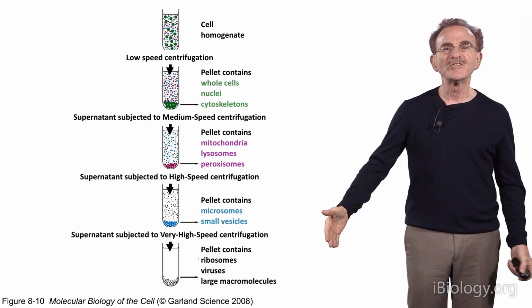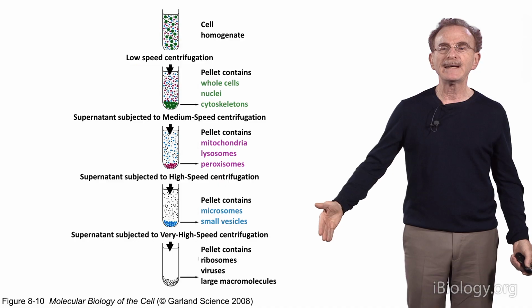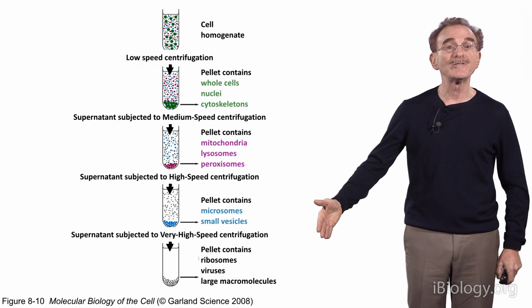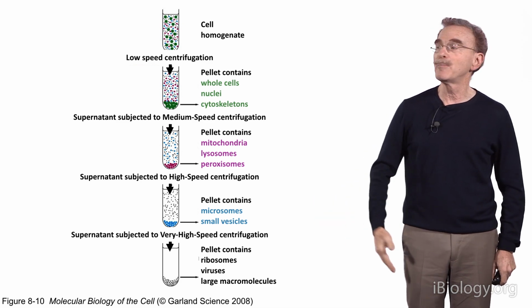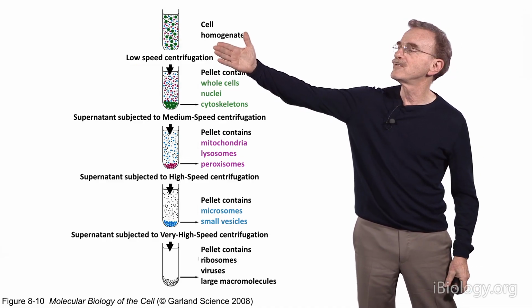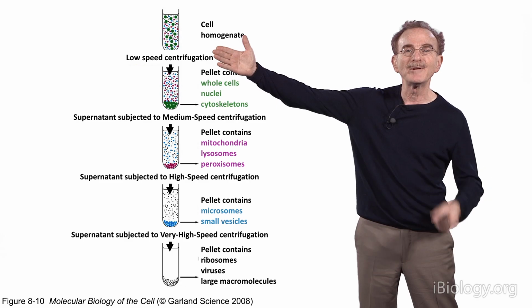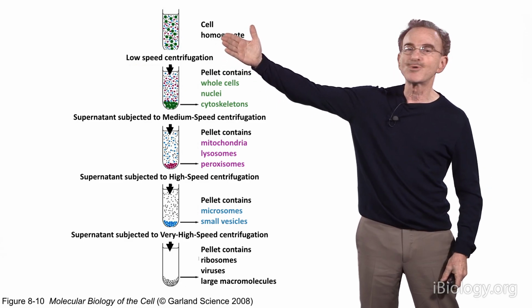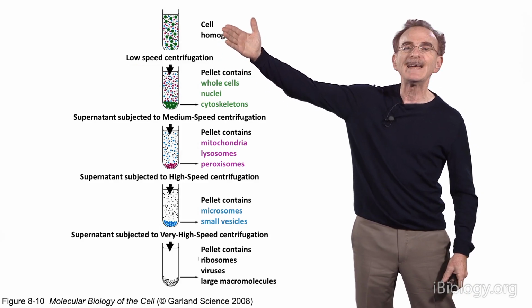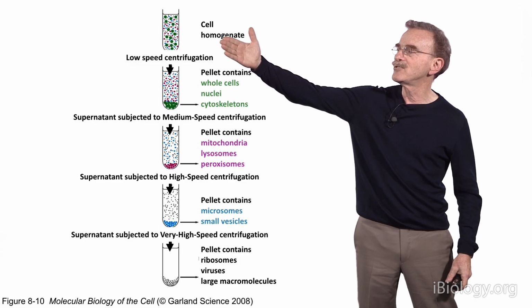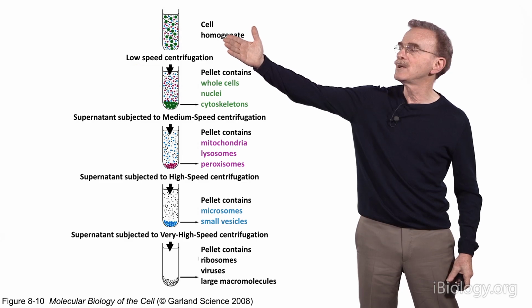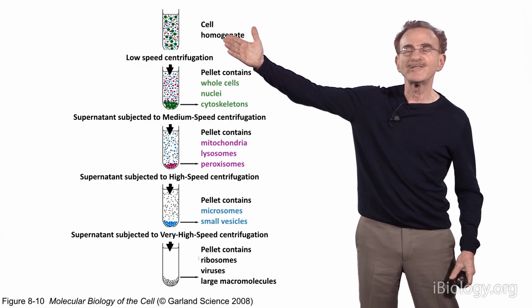Here is a very simple first step that Palade and his colleagues Christian de Duve and Albert Claude devised to begin to fractionate membrane organelles. So one starts with a tissue, a pancreatic tissue for instance, and this tissue can be disrupted by physical agitation to break the cells open, but to preserve membranes relatively intact in a cell homogenate or cell lysate. Now in this lysate, if the cells have been gently broken, membranes retain different sizes and shapes,